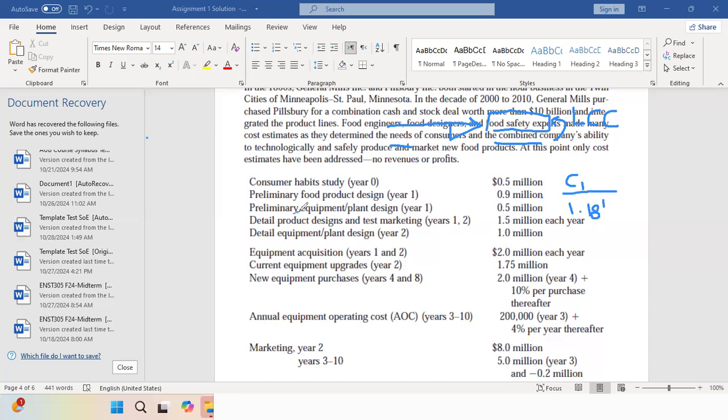Similarly here for preliminary equipment plan design, exactly the same. It's in year 1. So same formula to